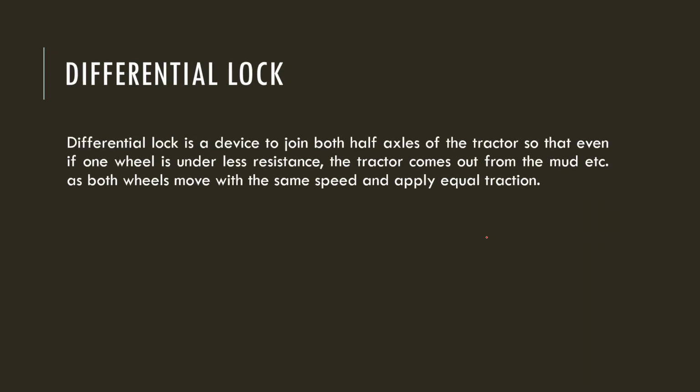Next is the differential lock. So when a tractor gets stuck in mud or in any other situation, what happens is that one wheel is experiencing an extra load and the other wheel is in a normal working condition, right? So when we give power to take the tractor out of that muddy condition, due to the differential the wheel which has the extra load will get slower, whereas the wheel which is on the land